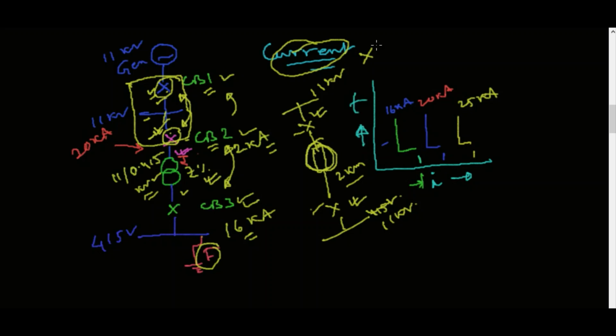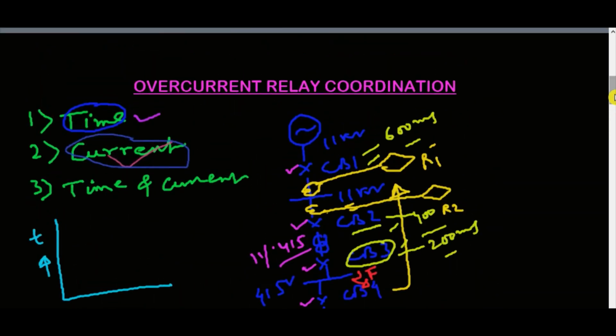So in that case, this current discrimination method may be applicable. But for faults very close to two or more protective devices, this current discrimination method is not useful. That is the main disadvantage of this method. Now what's the solution? For the solution, we need to